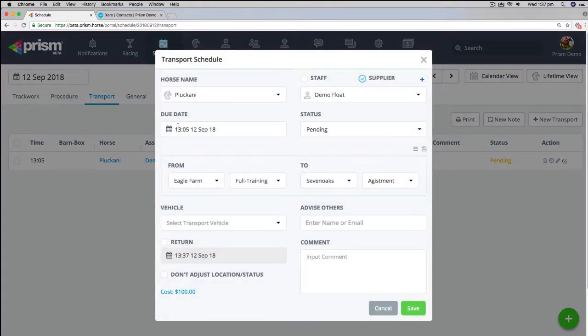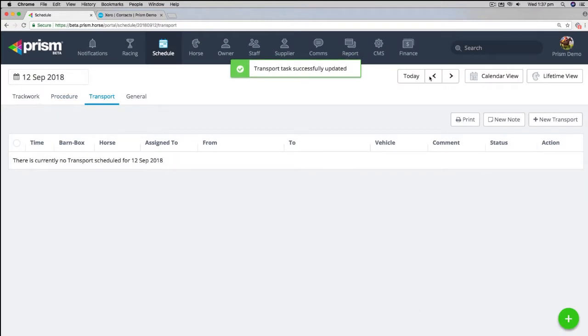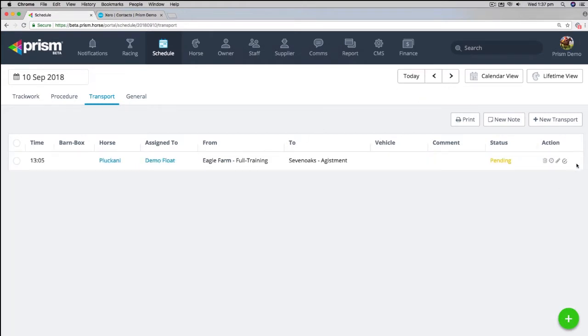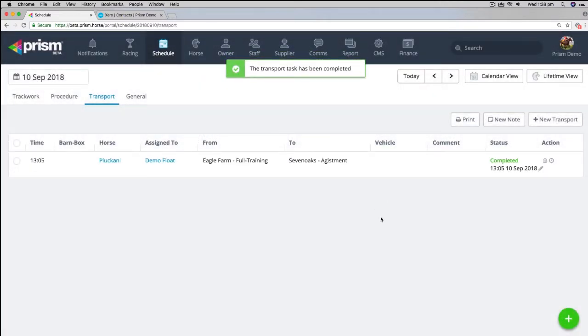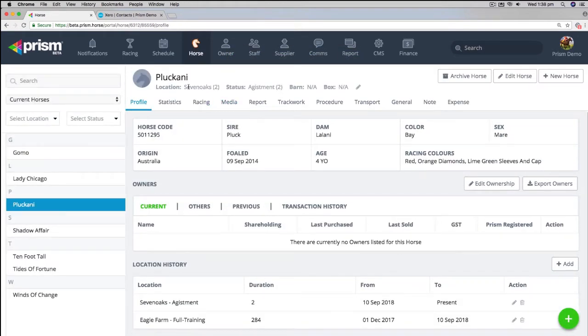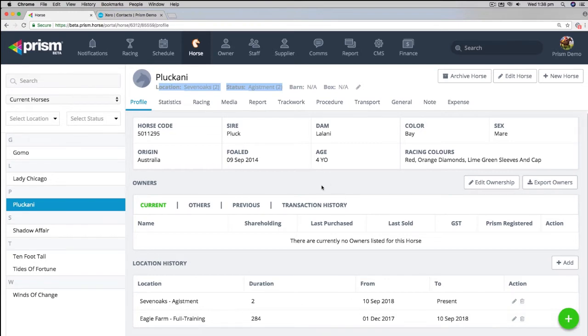I'll just make an adjustment. So say we did it on the 10th. So you can see that's in there now. If we mark that as complete on the 10th, what this is telling us is that it will also change the location and status of Placani to Seven Oaks adjustment, which will then attract a new day rate. So if I go to Placani, I can see now that the location and status has changed. So the horse has been tipped out. You can see that it's changed there, and you should see